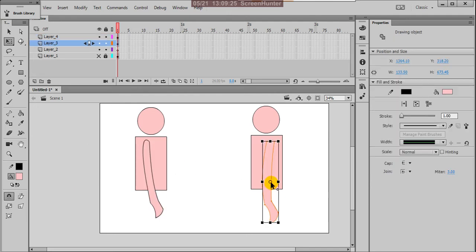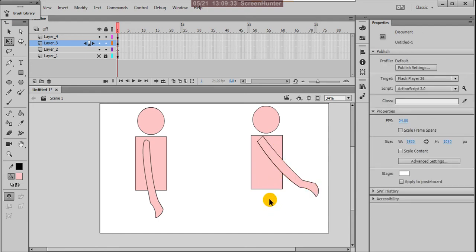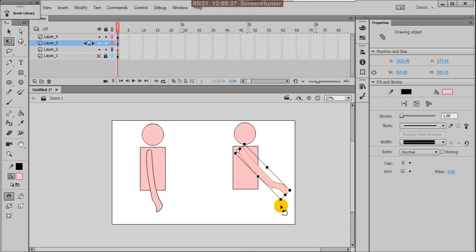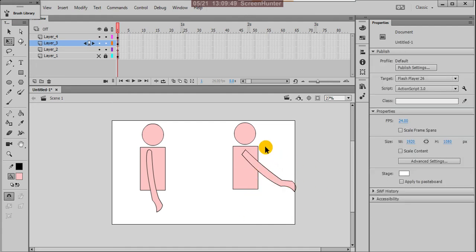If you want to animate this one, see, it is not connected with the whole body. It is separated from the body, even though it is overlapped, because it is in object drawing mode. Nicely you can animate it. So that is the benefit of the object drawing mode.